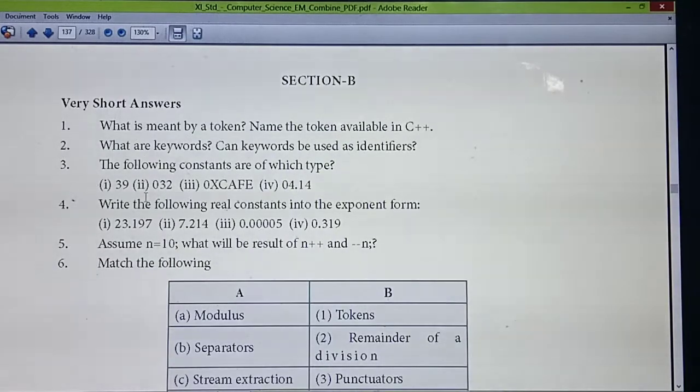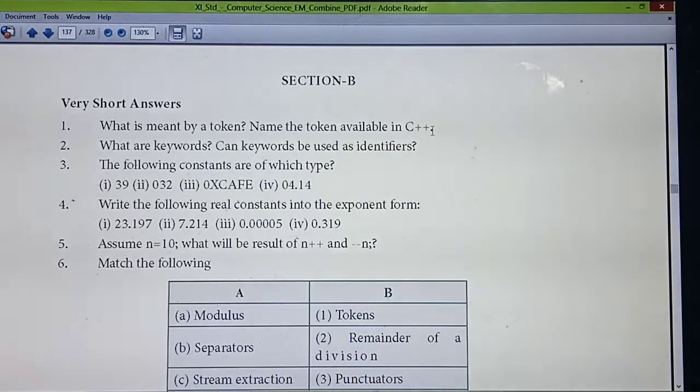Now we are going to mark the question answers for 2 mark as well as 3 mark and detailed questions. First you write the page number for all the question answers. First, 2 mark questions. First question, write page number 116. The first question answer is in page number 116.